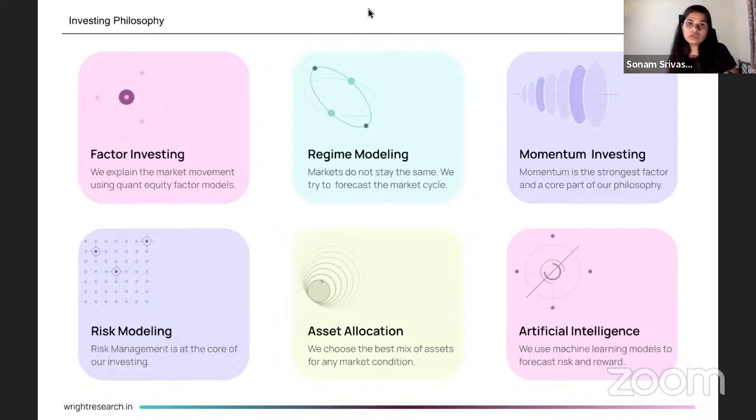A quant investor doesn't do it in a manual fashion. They use data-driven algorithms to do all this, right? So they would feed this data into a computer program that tries to form an expectation and gives a rating to a particular stock.